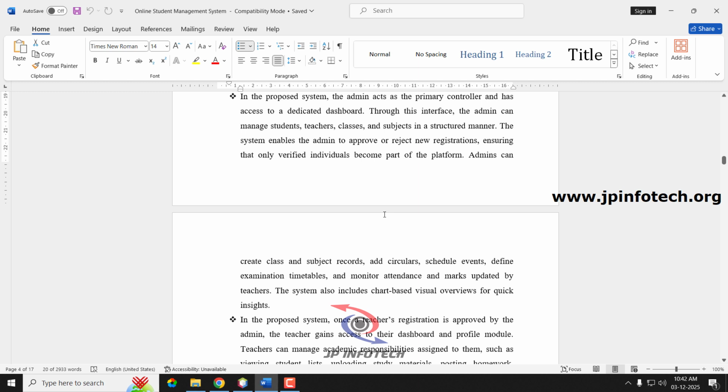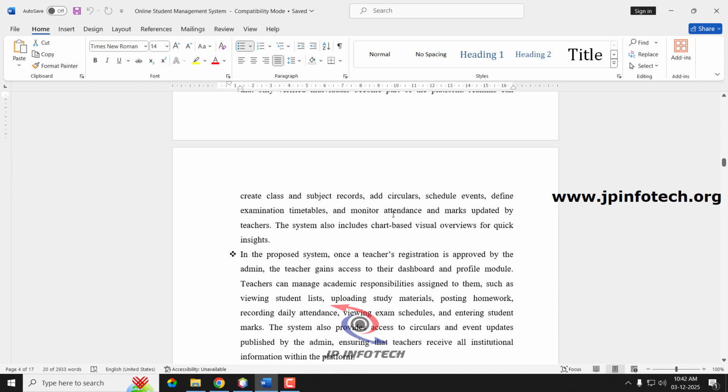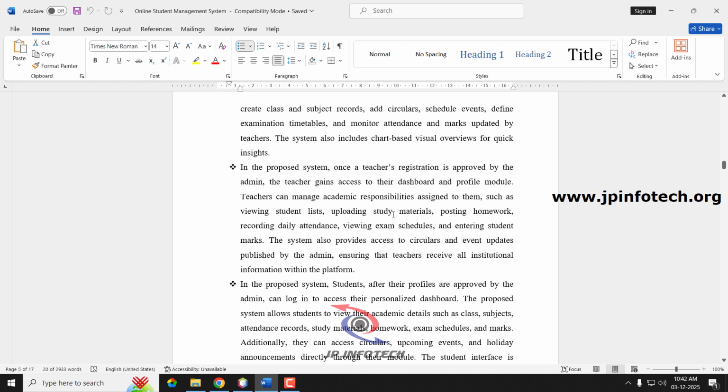This is to avoid intruders in the system and to make the system more secure. Once the teacher or the student is approved, they can log into the system and see the details that are available. The admin can create the classes, sections, exams, subjects, and all the things related to